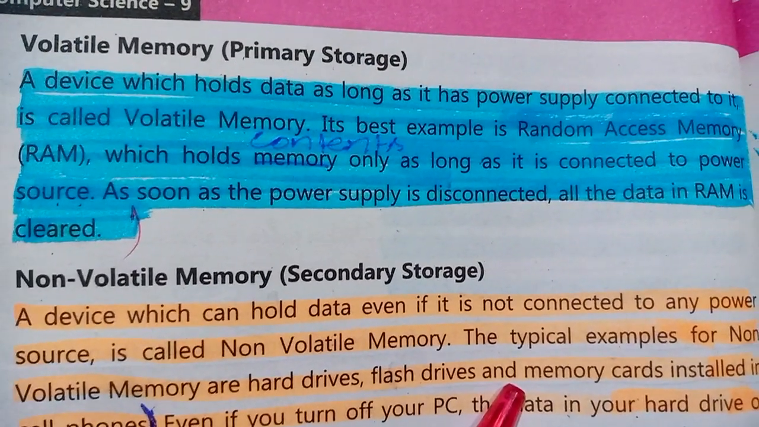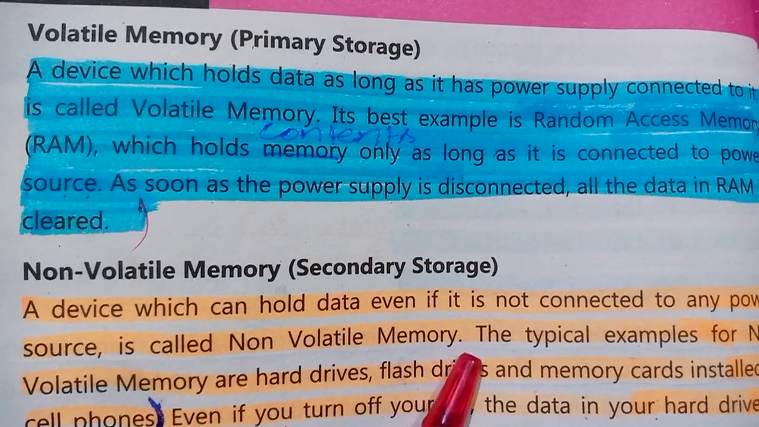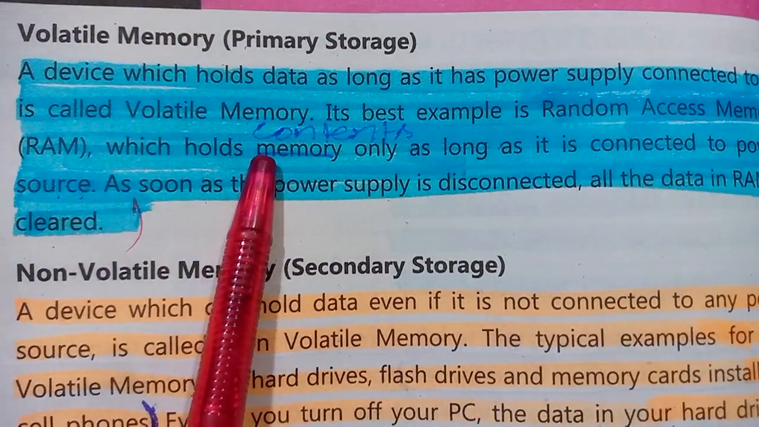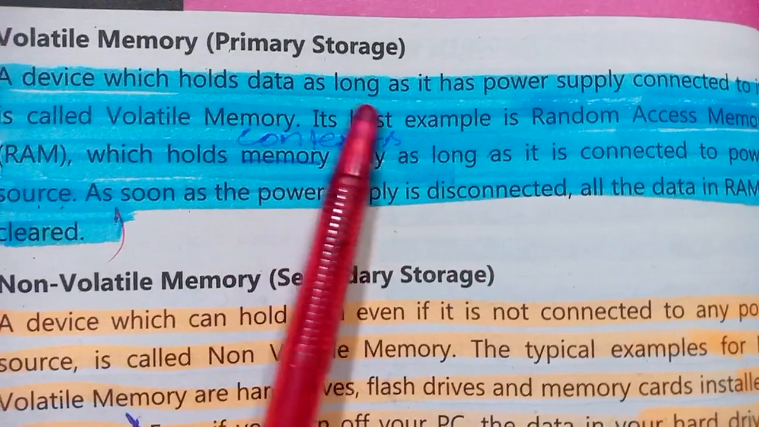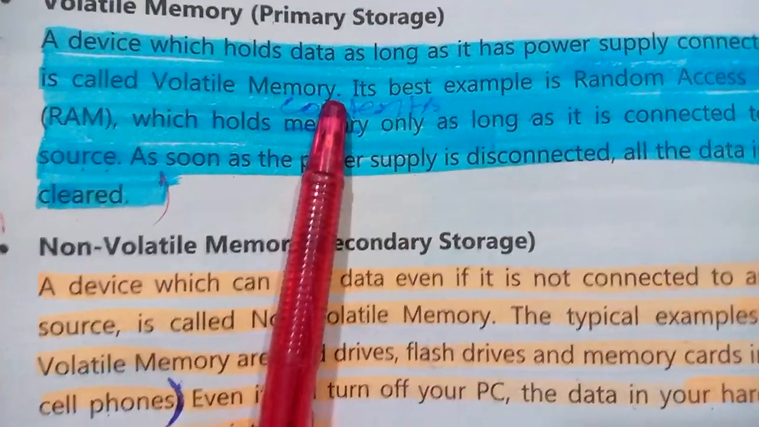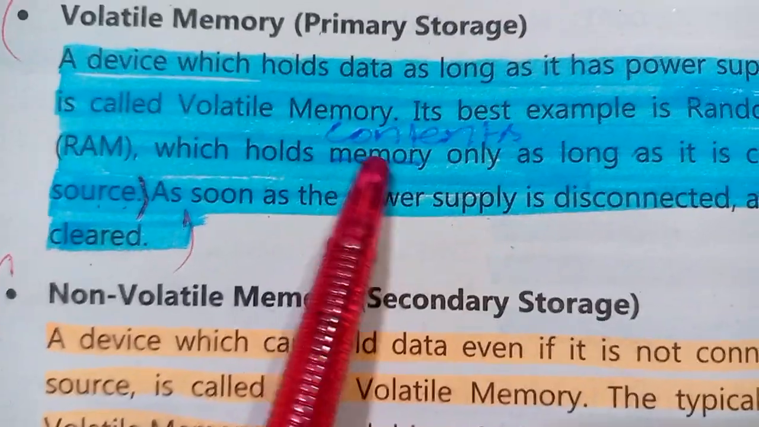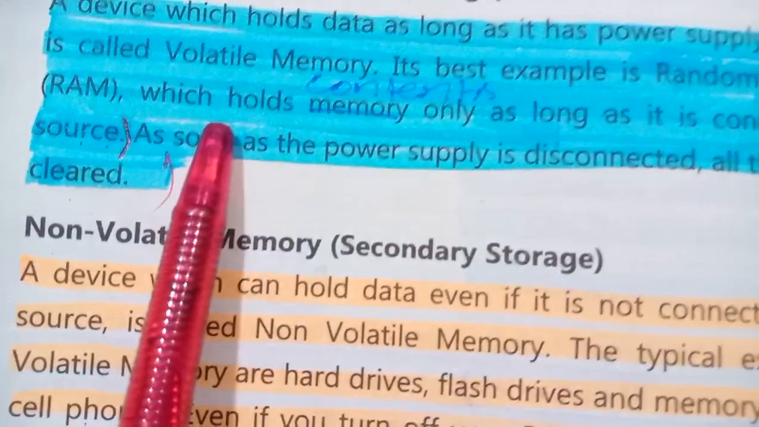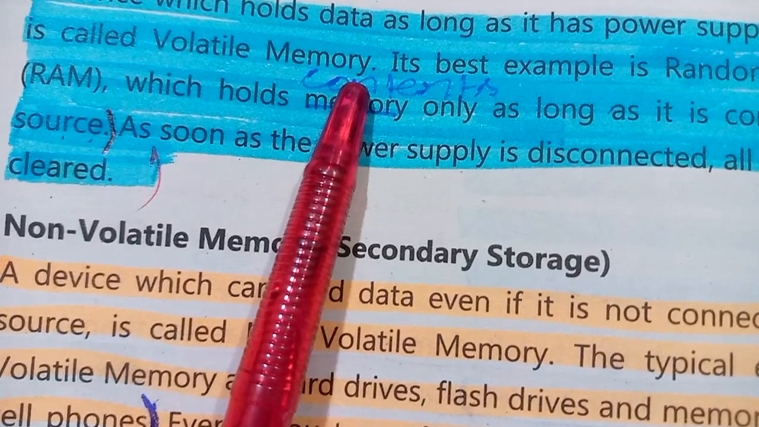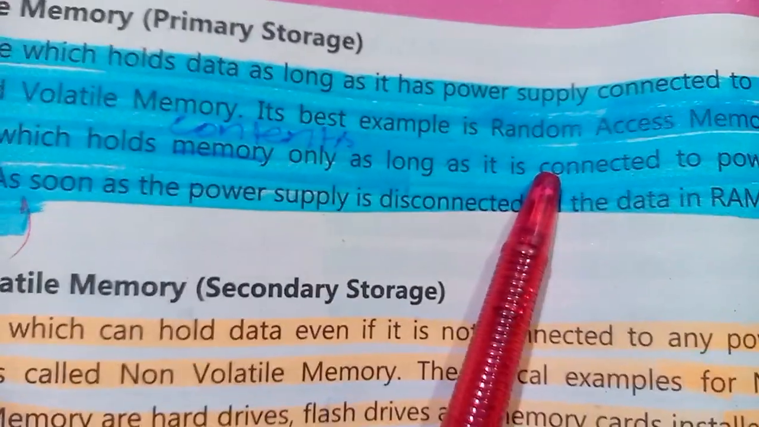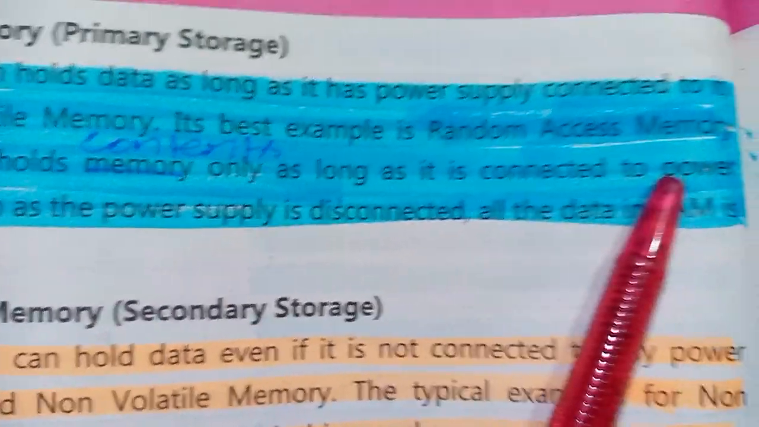First, the definition of volatile memory, which is also called primary memory and temporary memory, is as follows. A device that holds data as long as it has power supply connected to it is called volatile memory. Volatile memory, its best example is random access memory or RAM, which holds contents or data only as long as it is connected to a power